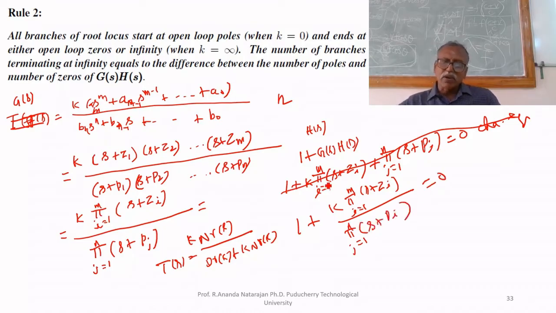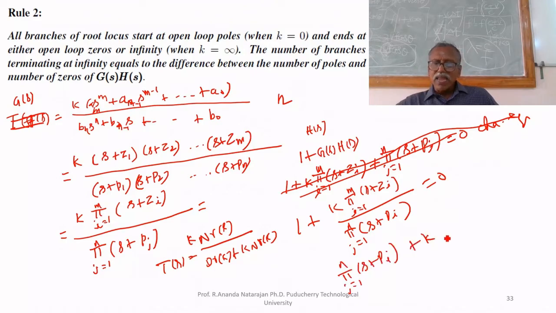This is the characteristic polynomial. Or we can say that product of J equal to 1 to N, S plus Pj, plus K times product of I equal to 1 to M, S plus Zi,